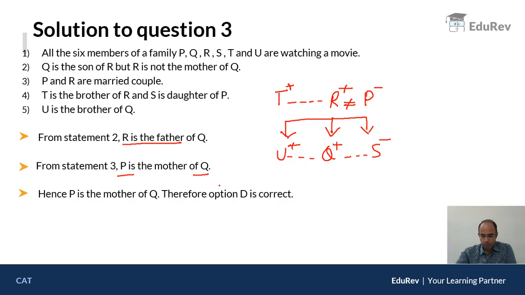Fine. Now moving to the third question. Third question says, who is the mother of Q? So we are observing Q's mother is P. Therefore, P is the mother of Q. Hence, option D is the correct answer. Hope you all understood how to make this family tree. The moment you solve two, three similar questions, you'll be able to form this family tree. And once you are able to make the family tree, then all the questions are a matter of few seconds.